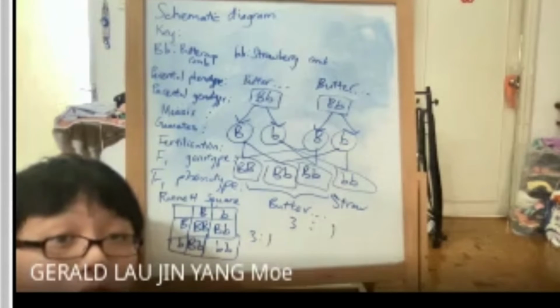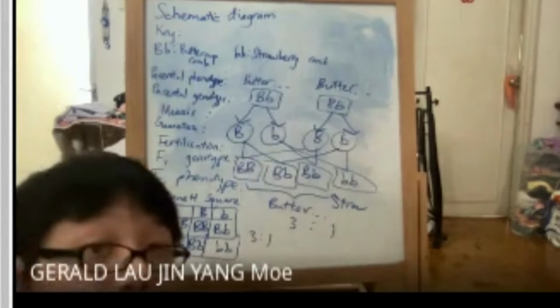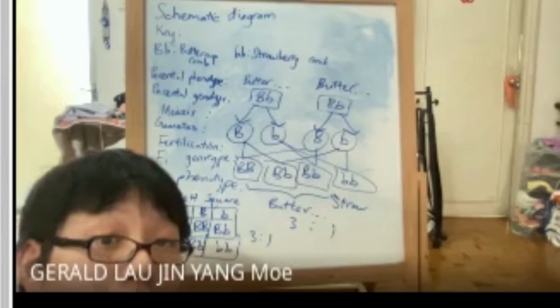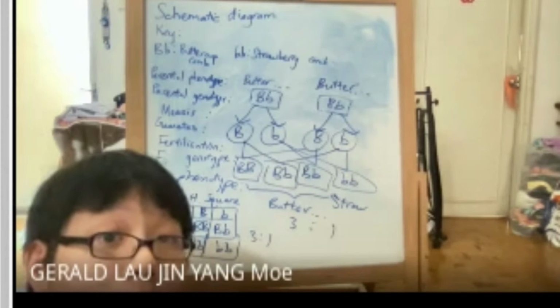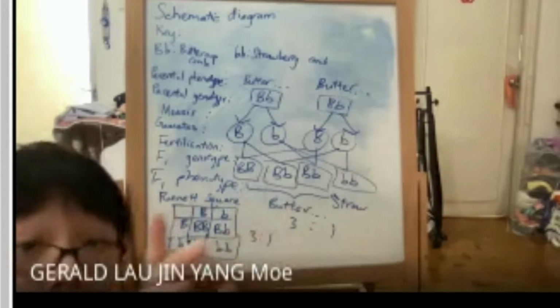Okay, Mendel's first law. Okay, so basically after this, you know already lah what is Mendel's first law. Law of segregation, which means a characteristic of an organism is controlled by a pair of allele. Only one pair of allele is inherited in the gamete. That means,